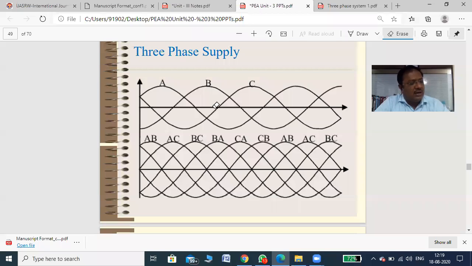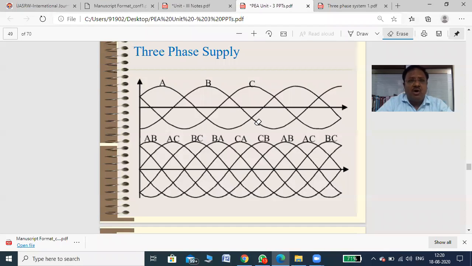Before starting the three-phase supply, I want to explain what the need for a three-phase converter is. Normally, the energy generated from any generation center or power generator is definitely a three-phase supply. From three phases, one supply is given to your home, which is called a single phase. But no one uses a single-phase generator to generate power, right?